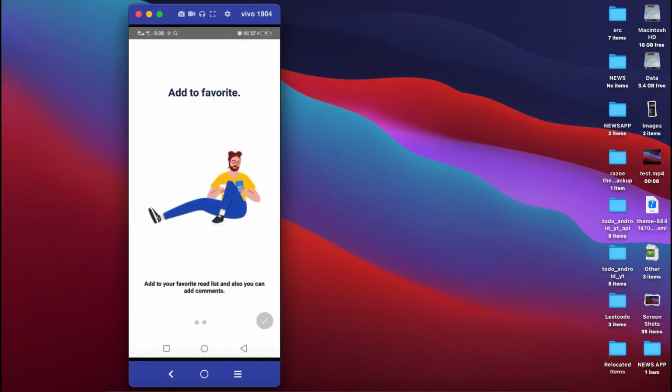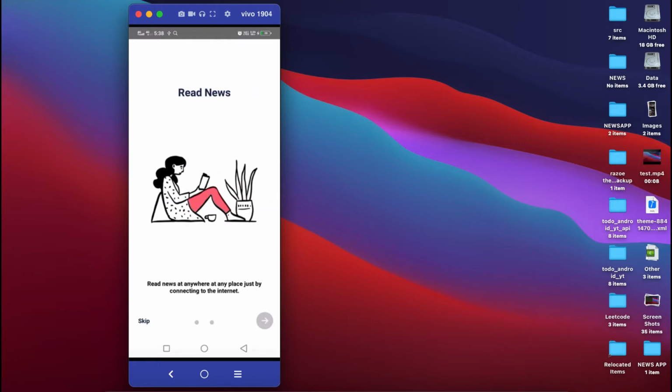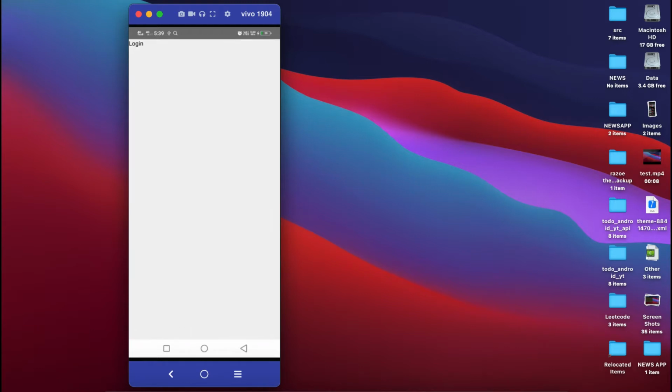We will put a variable in the state, that is the onboarding status, which is true. First time it will be true, and if it is true then it will be displayed, else the splash screen will be displayed. Then when we click the skip or done button, it will be updated to false. So the next time we open our application, the onboarding screen will not be displayed. Okay, so let's do that.